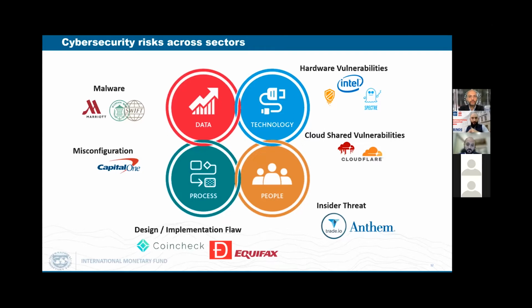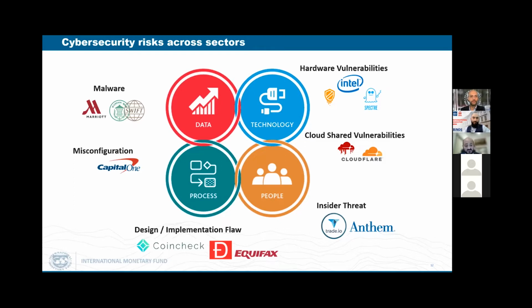Insider threat, I gave two examples here. There is intentional insider threat, and there is unintentional insider threat like Anthem. Anthem was an unintentional insider threat that was targeted with a spear phishing attack, and by clicking a link, it propagated an installation of malware and then propagated through the network. The Trade.io case was actually intentional. So dealing with each one is completely different, in the way that you deal with these risks, put the security controls in place and make sure that security